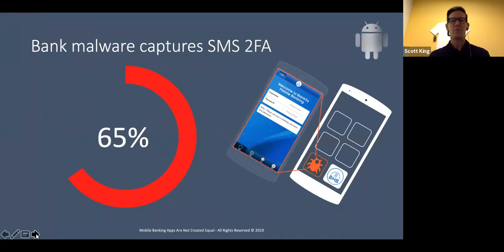And where is mobile banking also going? Well, criminals are going there, because that's where we're moving our money. Of the research that we looked at, 65% of the banks are being targeted by, for example, BankBot. The first edition of BankBot took advantage of the accessibility features on an Android device. The second version captured the SMS two-factor authentication code. So if you thought you were defeating BankBot and the journey was over, the second edition was actually able to defeat two-factor, and you could log into the web using a code sent to the same